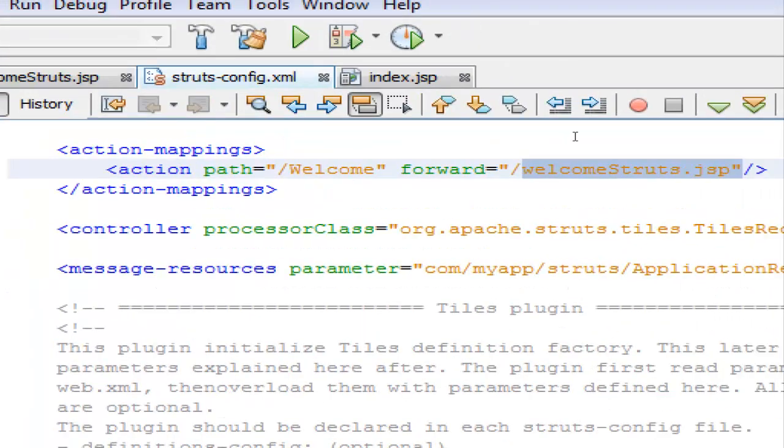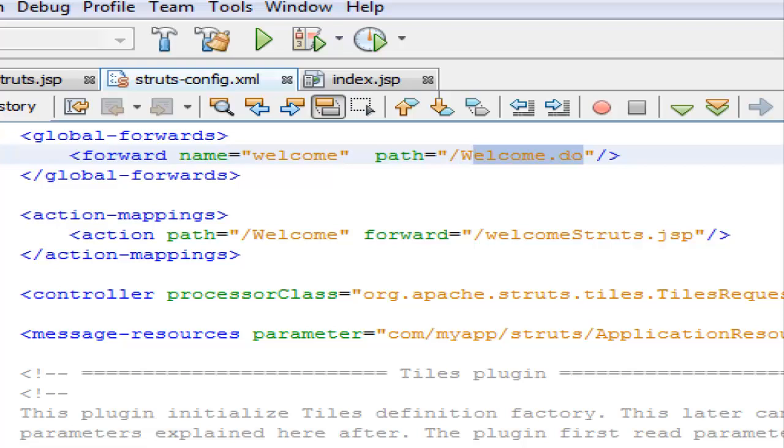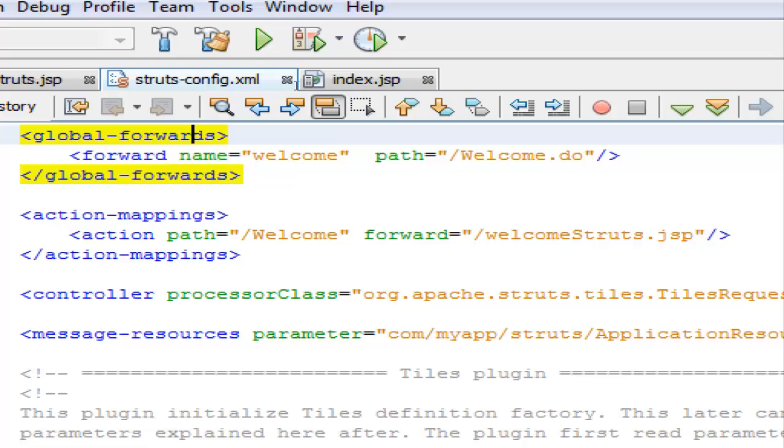In the struts.config, you will notice that if anybody writes welcome.do, then show welcome.jsp. That is the mapping. And you notice that there is a global forward. At least the word itself says it is globally forwarding. So if there is an error globally, I want to forward at some location. That's what it is doing. If anybody types welcome.do, just forward it to the